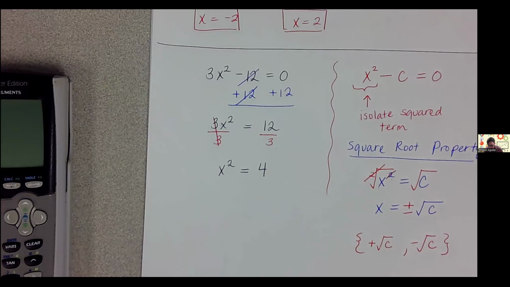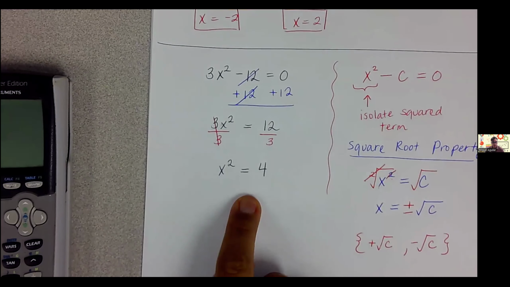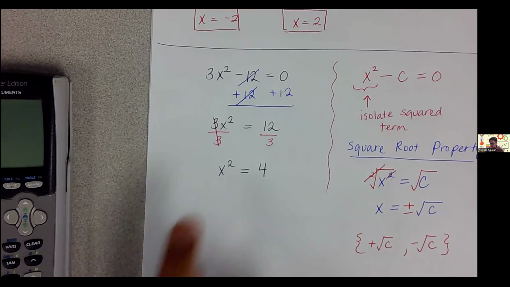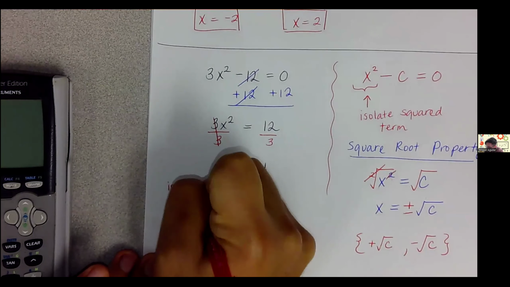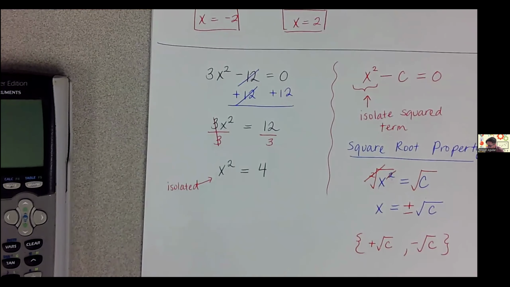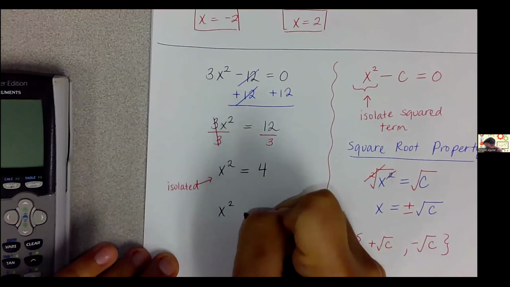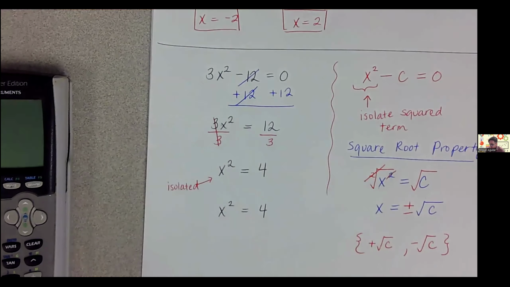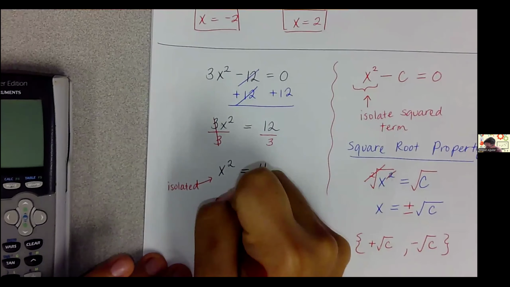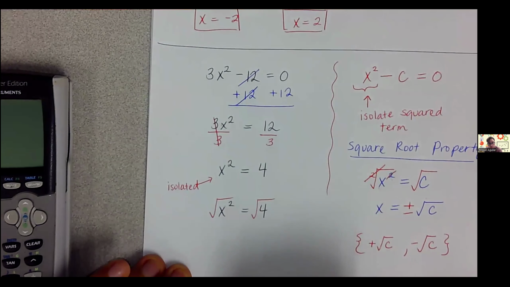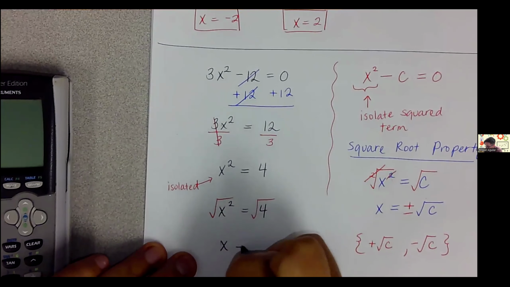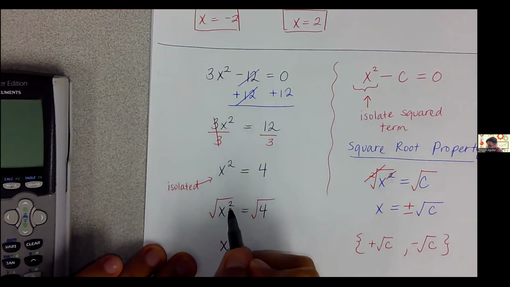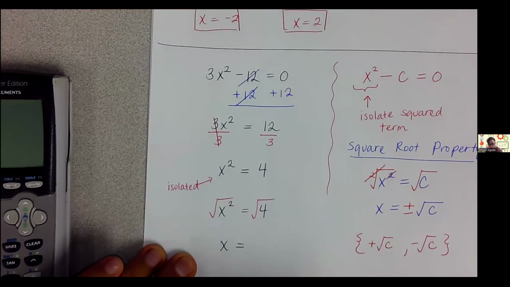So let's go back to the equation that we were trying to solve using the square root property. Once you've isolated the x squared term, then we can go ahead and apply the square root property. So I'm just going to copy this again. And now I will take the square root of both sides of my equation. So now I have x is equal to, since we know that the square root cancels out this second power,